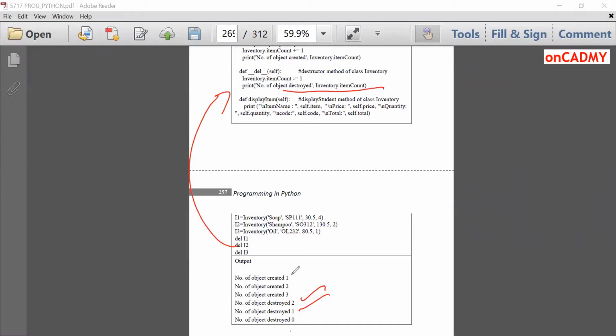That means by using the init method, objects were created or constructed, and by using the del method, objects are destructed and their memory is free now for use by other programs. So garbage collection or destroying objects is also a very important concept in order to free up the memory space for further use.